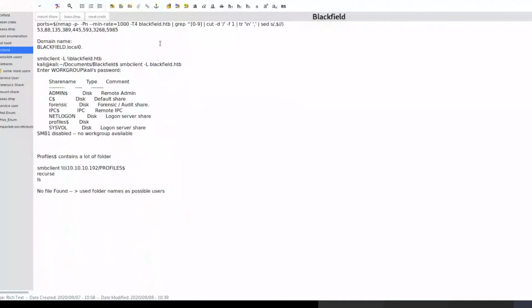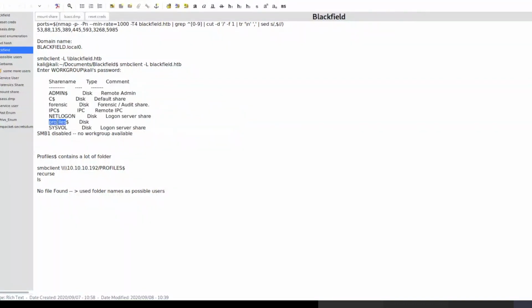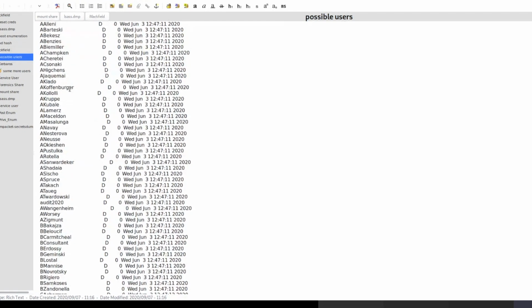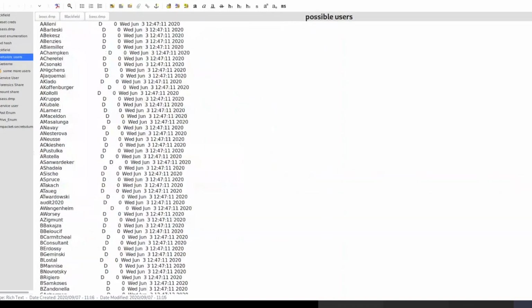So basically, to repeat, what we found was ports like DNS and Kerberos, and then SMB and LDAP. Enumerating LDAP, we did not find anything, but we found some SMB shares, out of which only the profiles share was accessible, and had a lot of folders with usernames, since it creates a folder for every user in the profiles directory. So we found a list of users which we recorded as possible users, and upon enumerating the users using